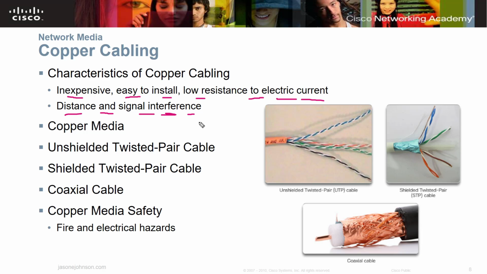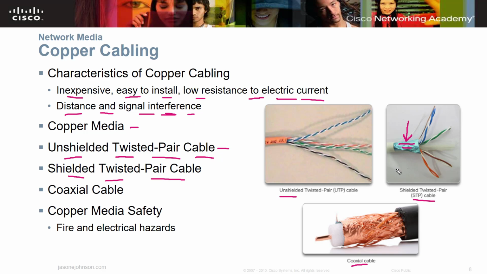Depending upon which category of Ethernet or cabling you have, it's going to go different distances, based on whether it's a coax cable or an Ethernet. And then you have different terms here. You have the copper media on the inside, so you have some type of copper that transfers the electrical signal. Then we have different terms that you just need to know: unshielded twisted pair and shielded twisted pair. Unshielded is going to be less expensive, and shielded twisted pair is going to be more expensive because you've added some extra material. We've got the shielding that goes over the wiring.